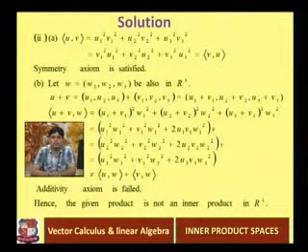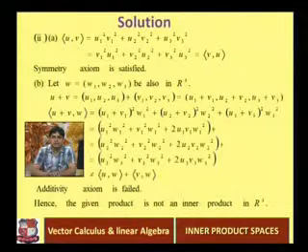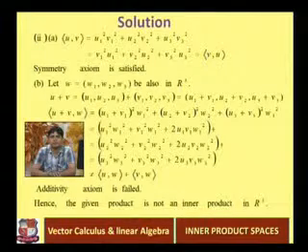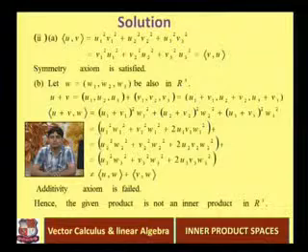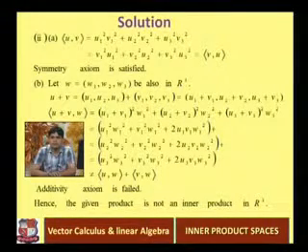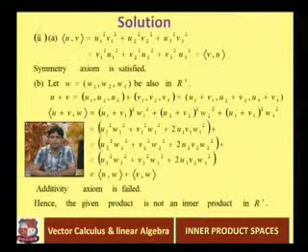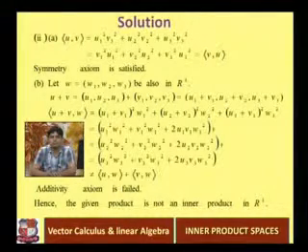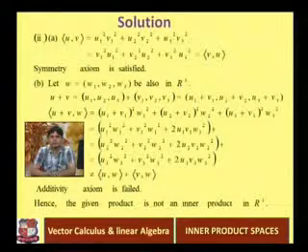Now for the second property we write the inner product of u plus v comma w is equal to (u1 plus v1) square into w1 square plus (u2 plus v2) square into w2 square plus (u3 plus v3) whole square into w3 square, is equal to, if we simplify this formula, we get u1 square w1 square plus v1 square w1 square plus 2 times u1 v1 w1 square, plus u2 square w2 square plus v2 square w2 square plus 2 times u2 v2 into w2 square, and the third term